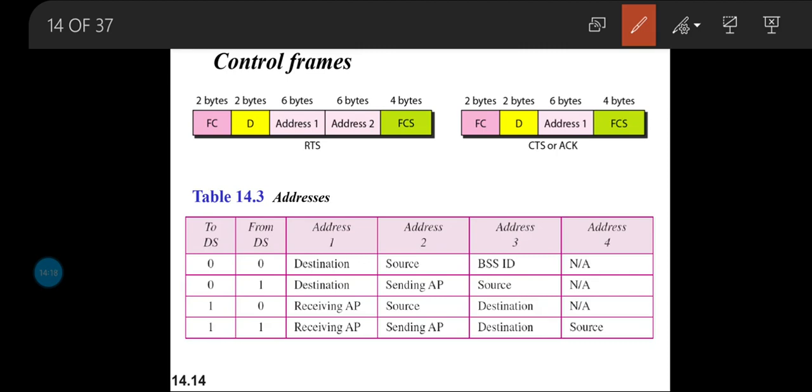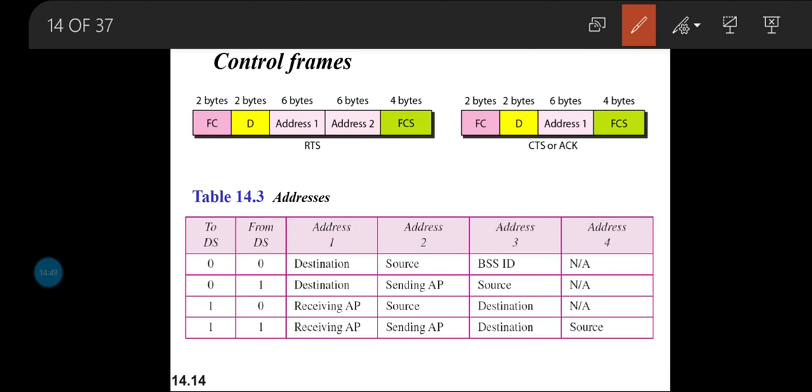We have already seen the To DS and From DS bits, each of 1 bit. Depending on the value of those fields being either 0 or 1, we can interpret 4 different addresses within the MAC frame, and it depends on the values of these flag bits alone.